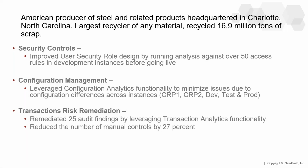So let's take a look at a case study. A company that we're working with recently is the largest supplier of recycled materials in the U.S., headquartered in Charlotte. They wanted to basically improve their security controls, configuration management controls, transaction controls. They were facing some issues in their current environments with GRC. And so we assessed their risks across different modules. And ultimately, after doing the assessment, they made the decision to, instead of continuing to use the current,